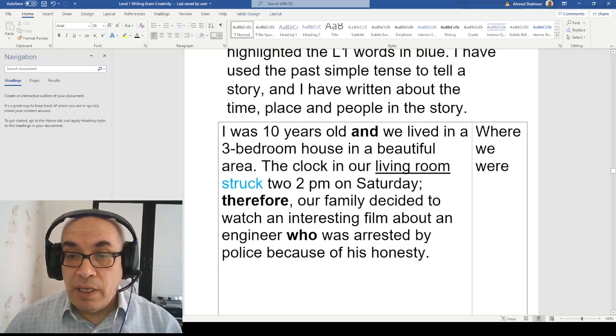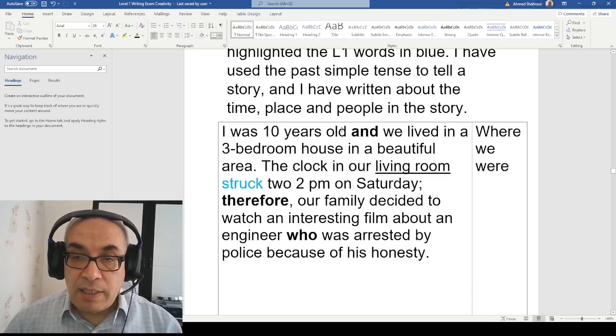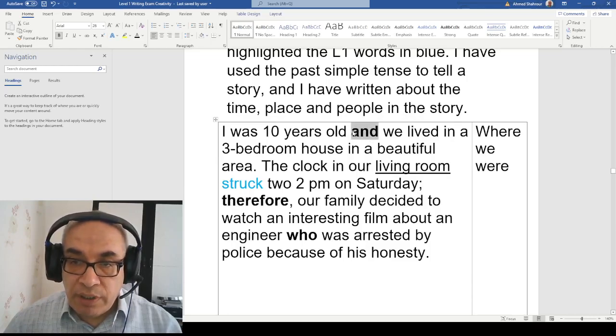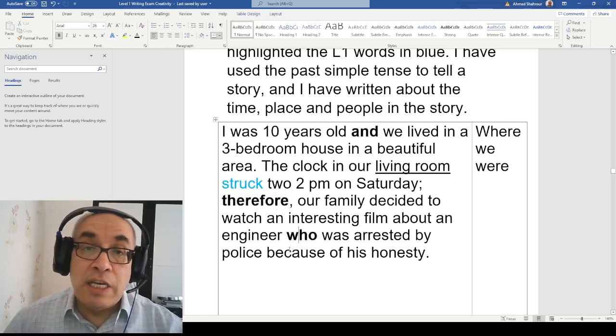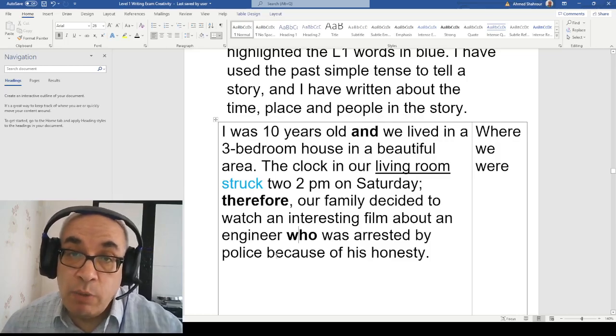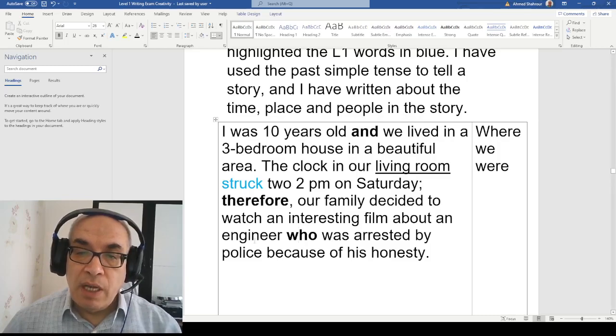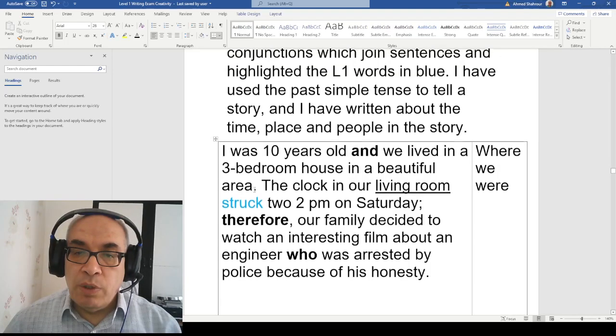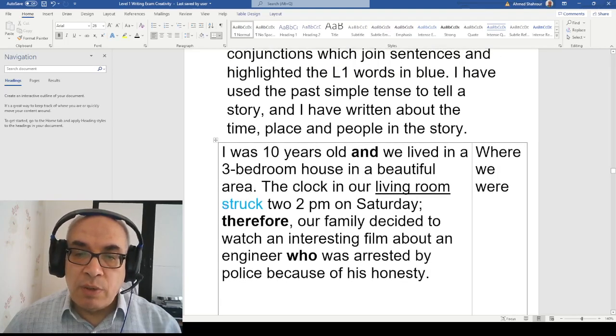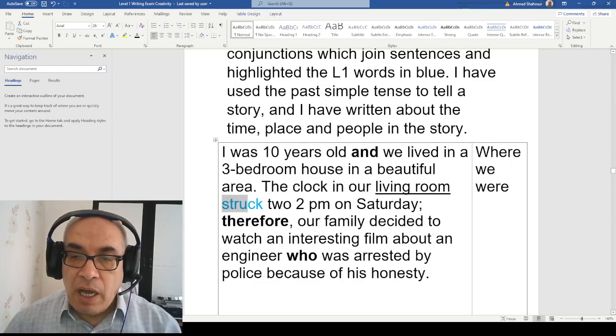So if you look here, paragraph 1 is about where we were. As I said, I emboldened the conjunctions with joint sentences. So "and" is a conjunction, "therefore" is a conjunction, "who" is a conjunction. So I use 3 conjunctions in this paragraph. I am a level 1 student. I use 3 conjunctions in this paragraph, and the words in this one are in blue, for example,